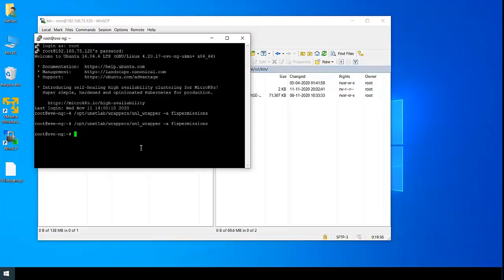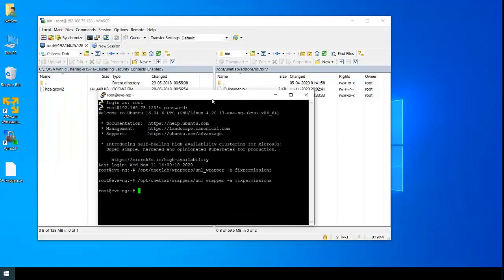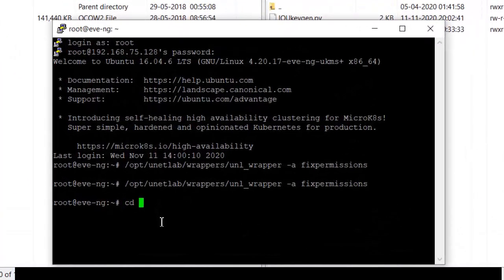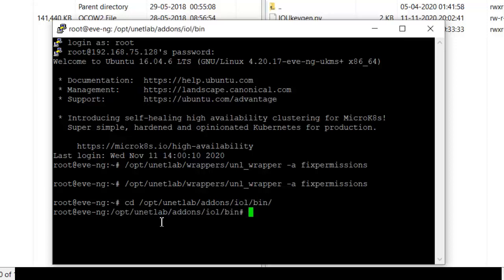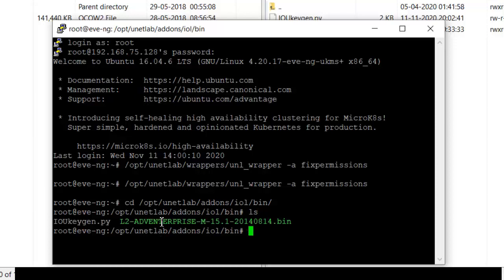Open the putty, go to the device folder, just check for the image. Yeah, it's there. Run the command python 2, then iouKeygen.py. It will generate a license for you.